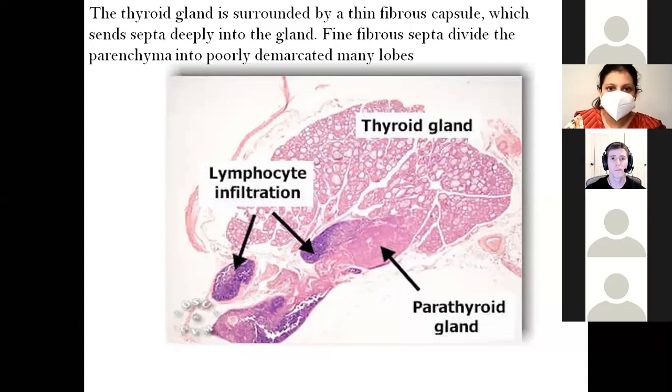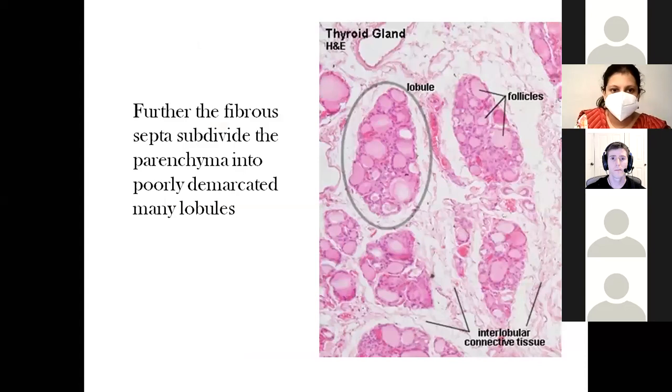Okay, you can also appreciate that these follicles are present in the form of incomplete lobules, and these lobules are over here. This is a bigger picture in which you can see that one lobule is marked. This lobule consists of a cluster of follicles. All the follicles are present in the form of a cluster, and this cluster can be regarded as a lobule, incomplete lobule, or sometimes there is a complete lobule.